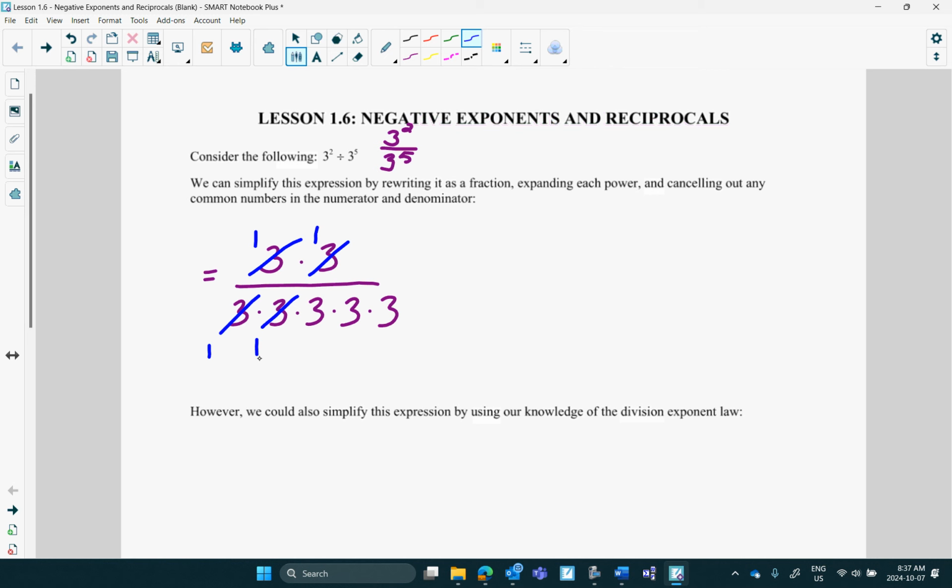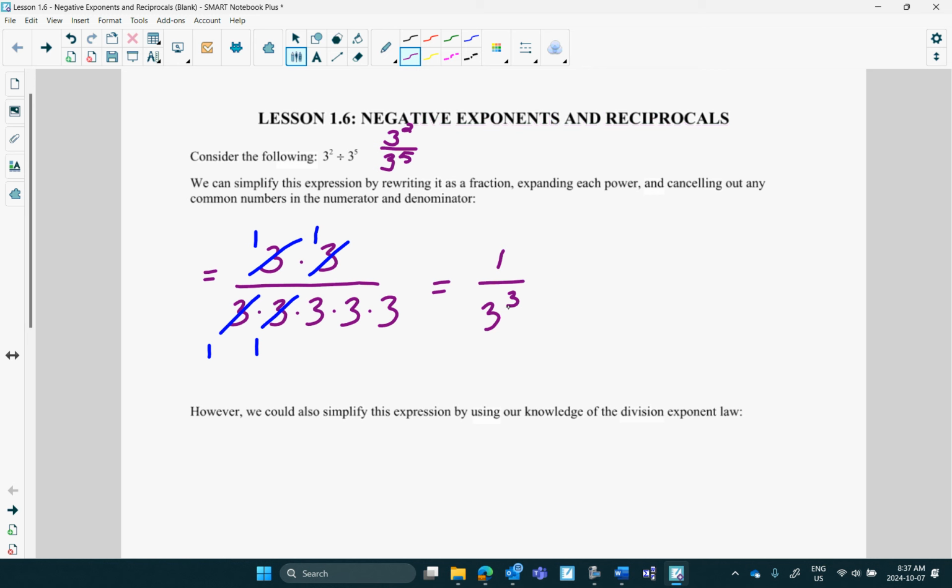So I end up with 1 times 1 up top, and 3 times 3 times 3 on the bottom, which is the same as 3 to the third. And I'm going to leave it like that. Yes, it does equal 1 over 27, but I want to show you how it relates to negative exponents, because